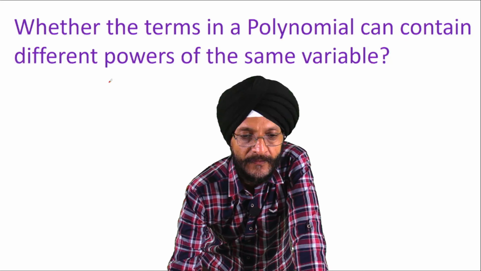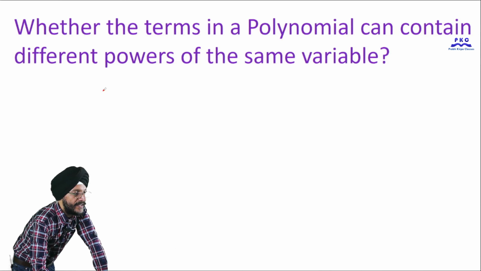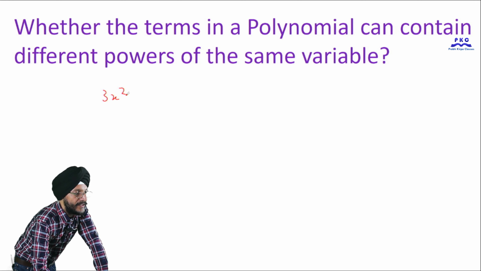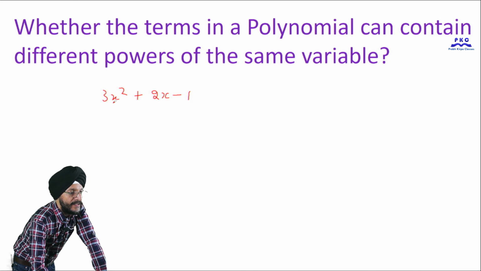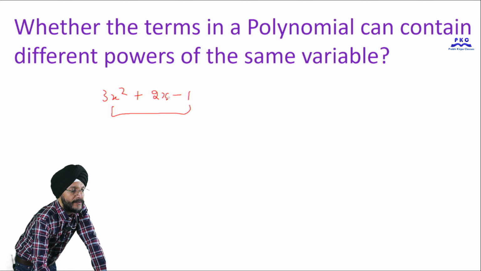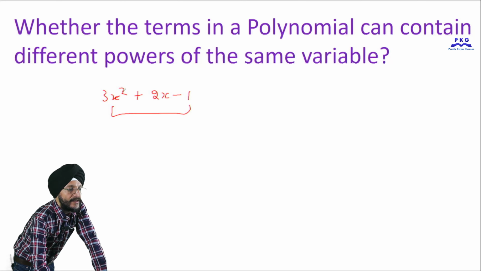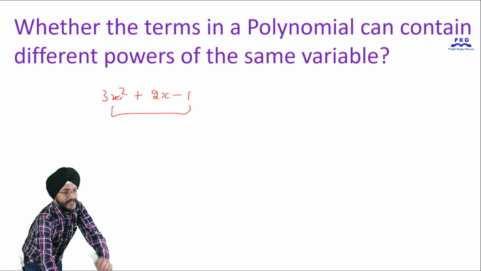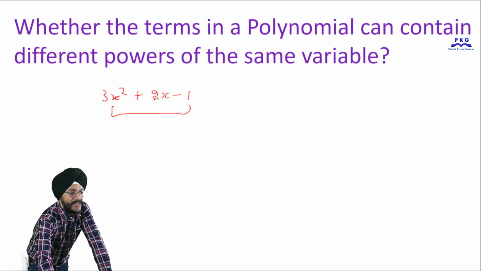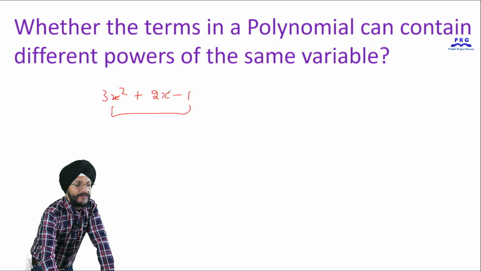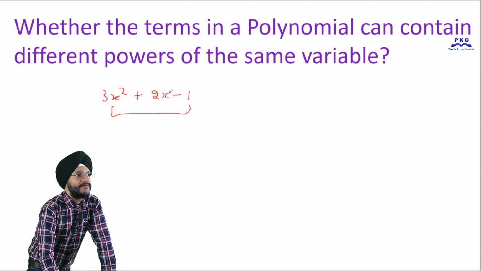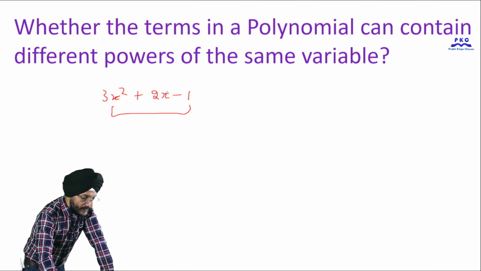It means that if we say 3x square plus 2x minus 1, that is, the polynomial can have the variable with different powers. Here you can see that the variable x is having power 2 in the first case, 3x square, but in the case of the 2x term the power of x is 1. So the answer is